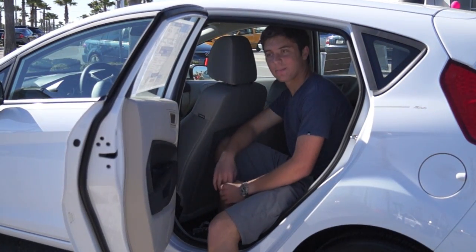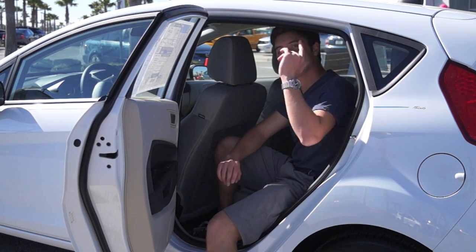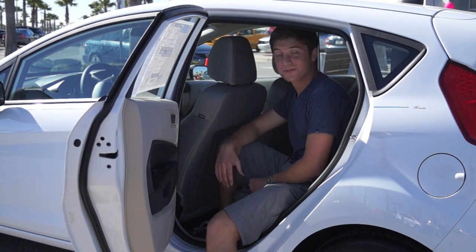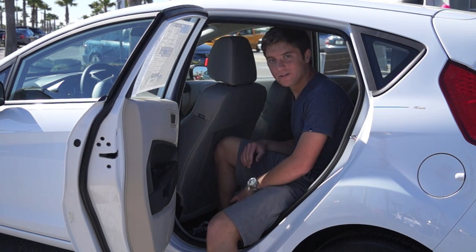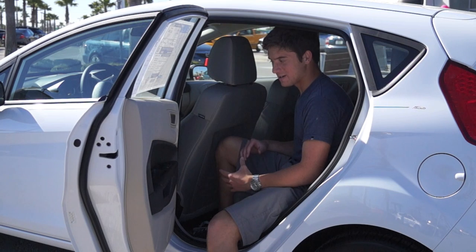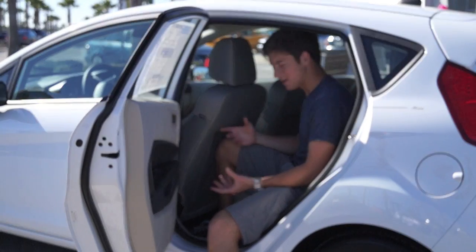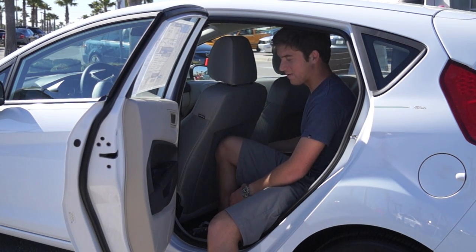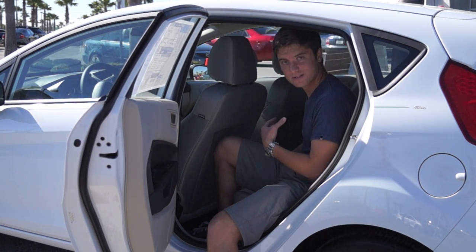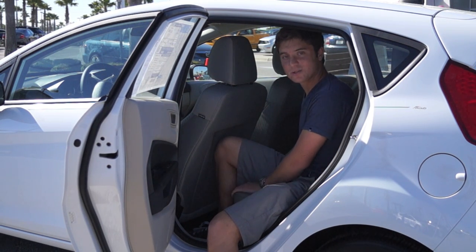So taking a look now at the back seats, the headroom goes down slightly because you'll notice the slanting roof line of the car, but you still get 37 inches of headspace. For a car this size, it really does have a nice rear seat. It's not the most spacious rear seat, but it is usable. And when you think about having a 5-person car this size and also a usable trunk, it's pretty amazing how they squeezed everything in this small